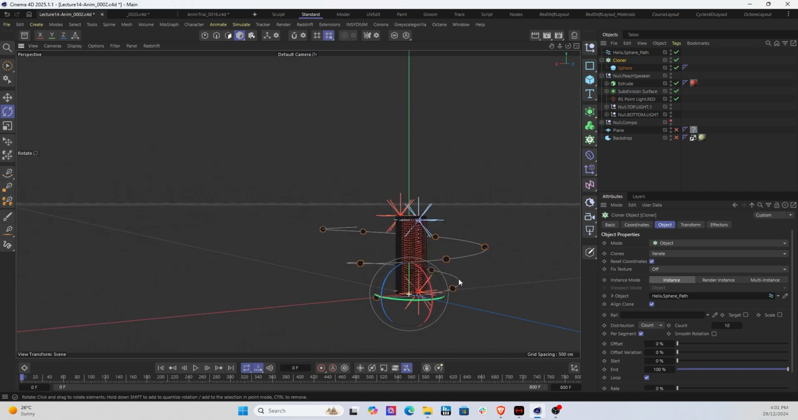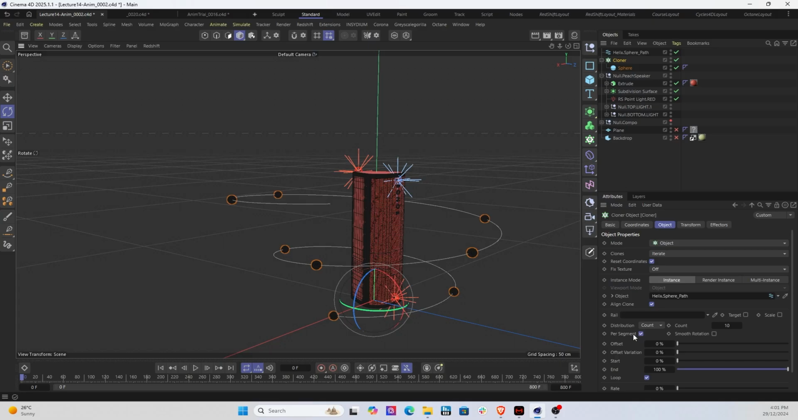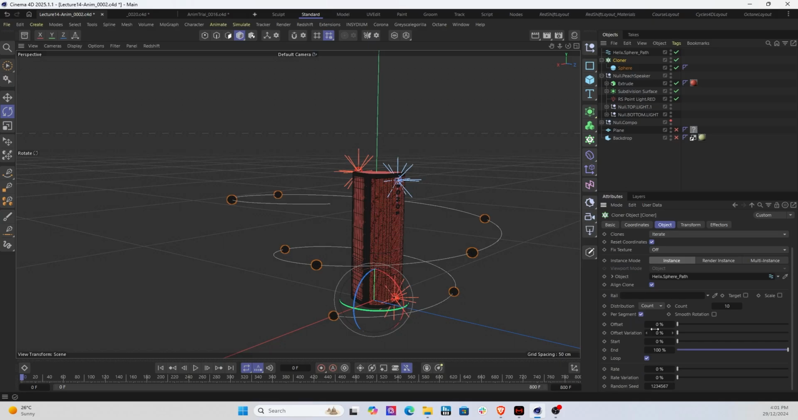So let's have a closer look at that. Okay, great. Now, I think we need to add a few more cloners. So we need a few more spheres on this. It looks a little bit sporadic. So let's go down to the count. It's right now 10. We are going to increase it